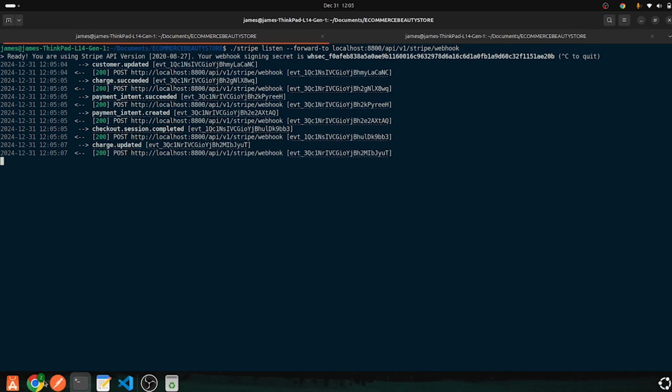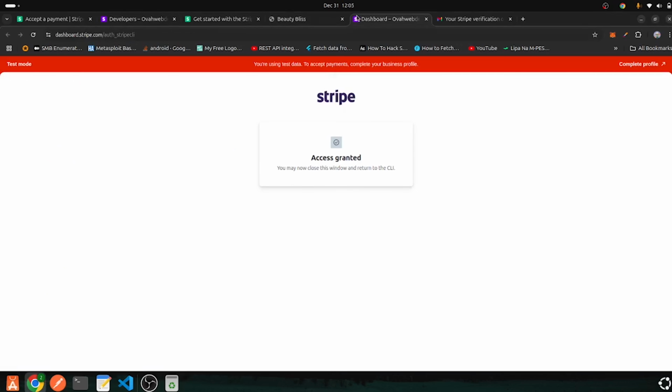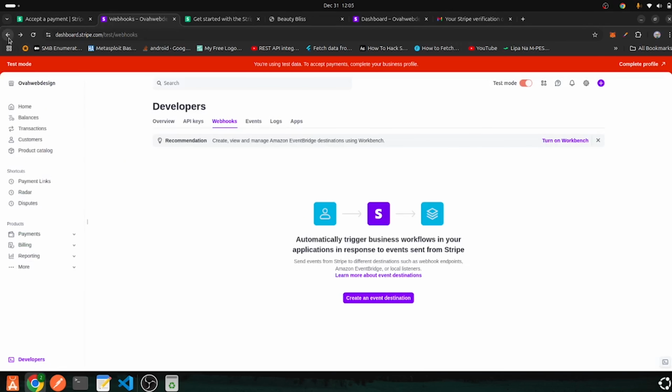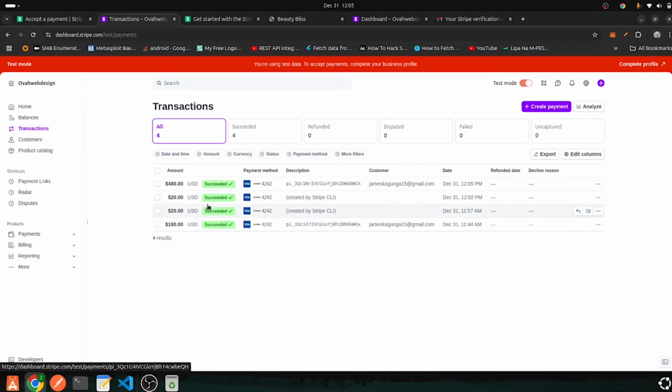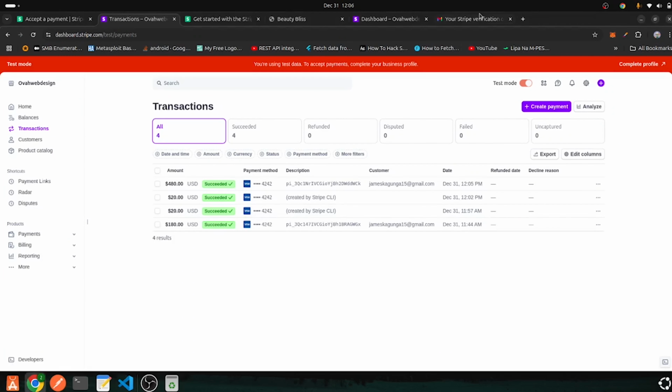So if I come back now to my dashboard here, where is my dashboard here? Oh, let me just come back here. So I have already completed everything here. So if I come back to the transactions here, you can see the payments that I have already done here. We have done all this payment here. So yeah, you can see how easy it is. So another thing is I want to make sure that I don't have any error. So here I don't have any error,